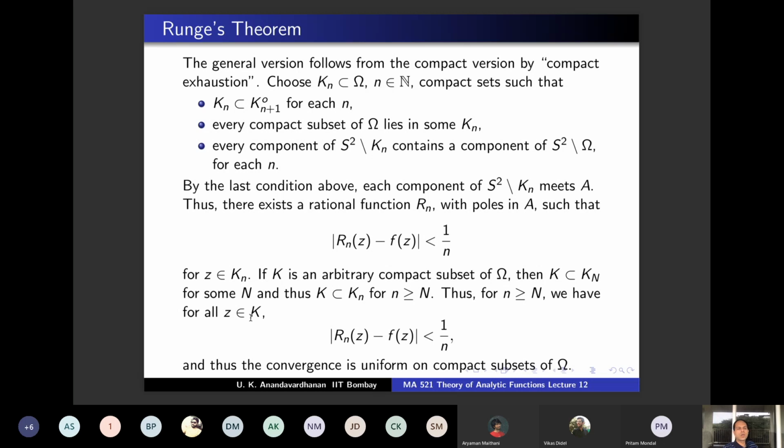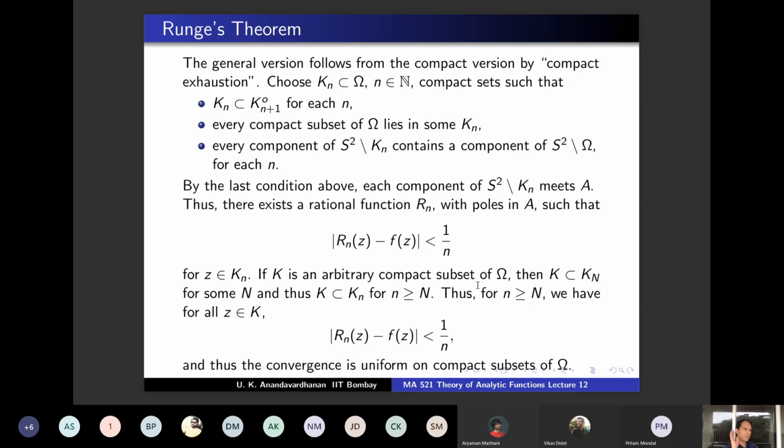So this is what you had to show, that Rn converges to f uniformly on compact subsets. You give me a compact set, I have shown you that convergence is uniform on that compact subset. Okay, so there's nothing much to this proof. It's just compact exhaustion. So Runge's theorem for compact sets together with this elementary compact exhaustion argument proves for you the general Runge's theorem. So on any open Ω, any holomorphic function there, you have a sequence of rational functions